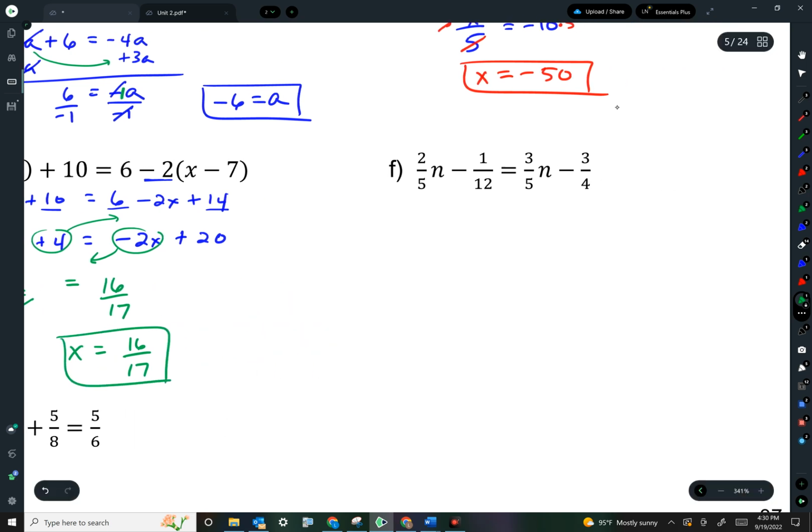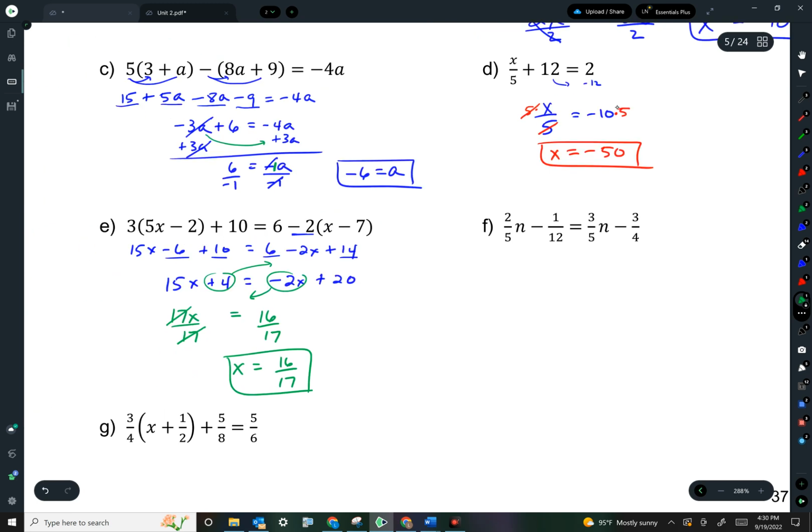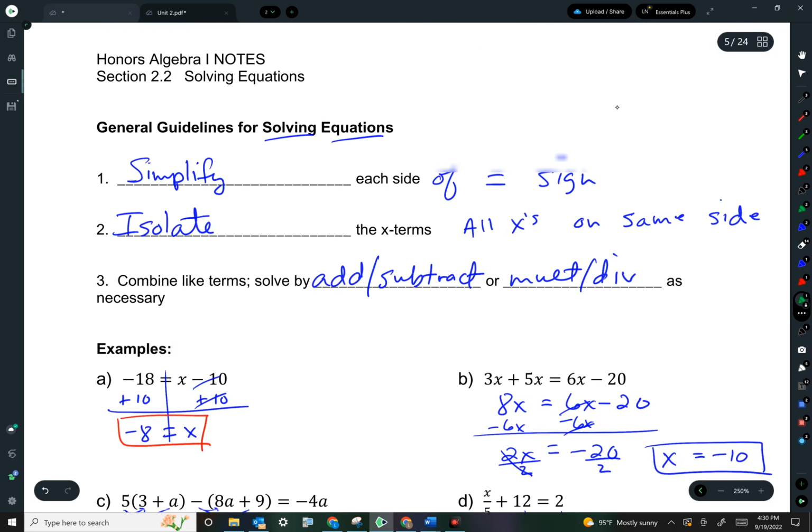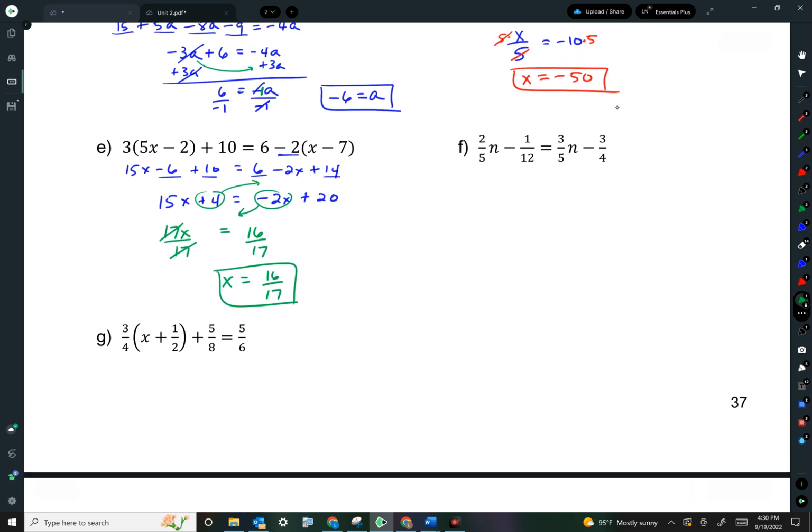Okay. Let me see here. Now, letter F and G, we'll do a lot more of. Sorry, I just wanted to look and see where we were. We'll do a lot more problems like F and G when we get to the next section, but I'll go ahead and give you